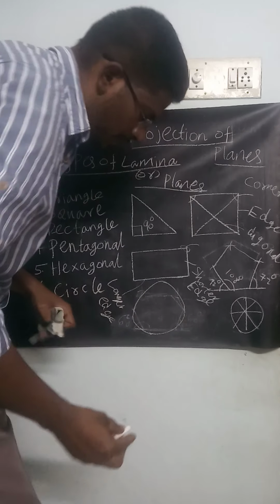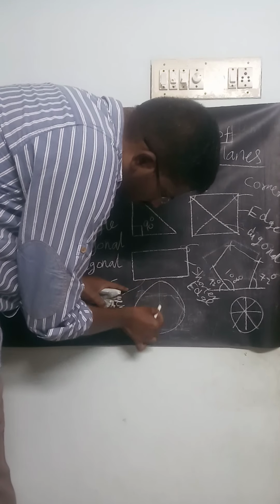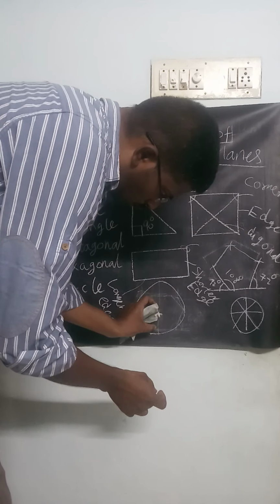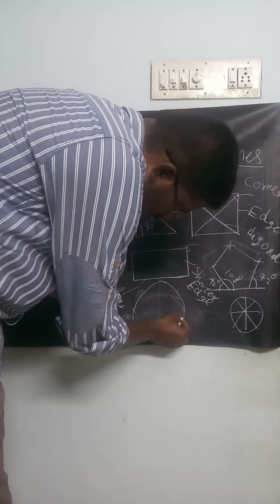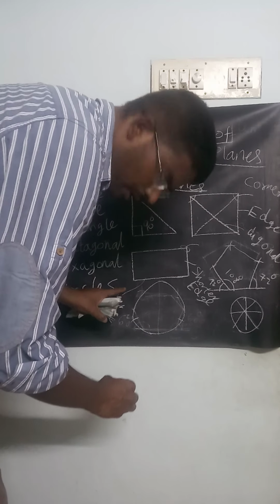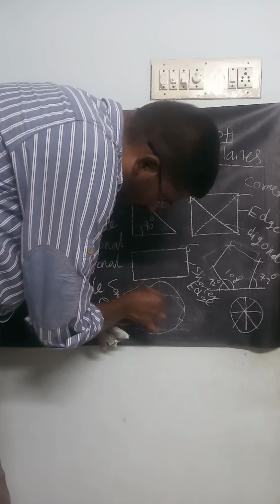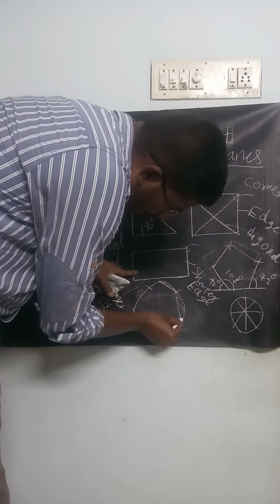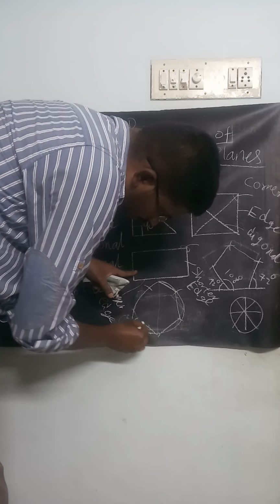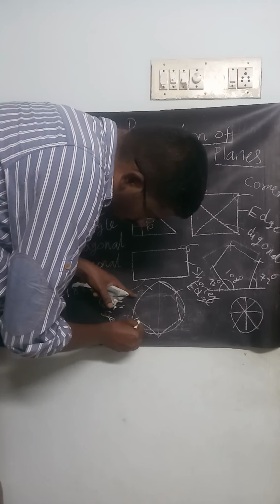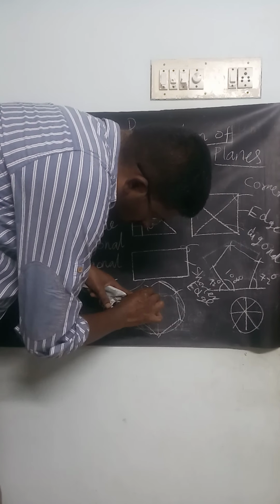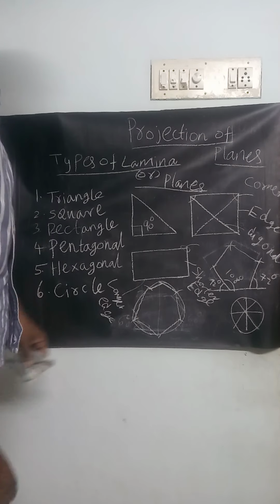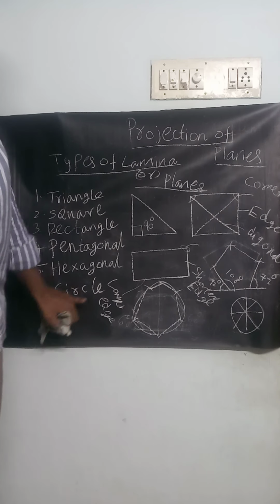20 mm, you draw a circle. You take the center point, you take the 25 to cut an arc, this one. Okay, and also from this center point cut an arc also. Join the lines. This is your hexagonal shape. This one, okay. This is your hexagonal shape. Okay. This is our introduction of